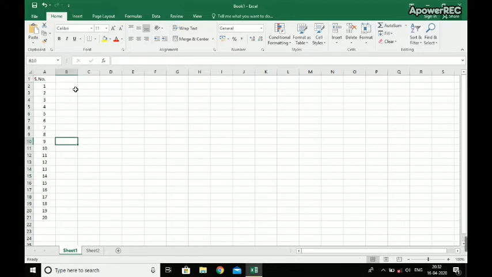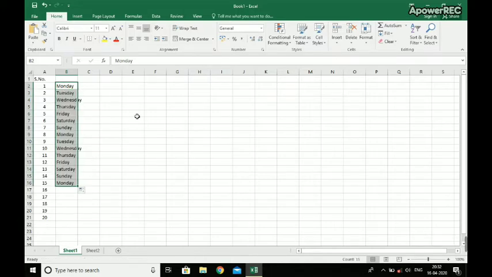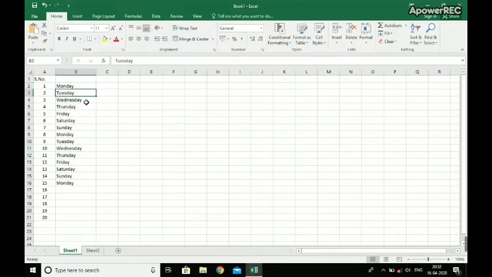Very easy. Now the same thing we can do with the weekdays also. So I will write the first weekday as Monday, and the same procedure we will use. We will first select that cell, take our mouse pointer close to the square, and again drag. You can see serial-wise Monday, Tuesday, Wednesday, Thursday, Friday, Saturday, and again Sunday.